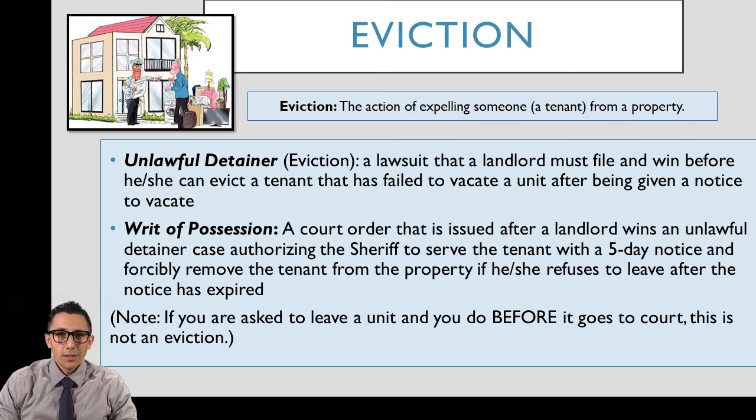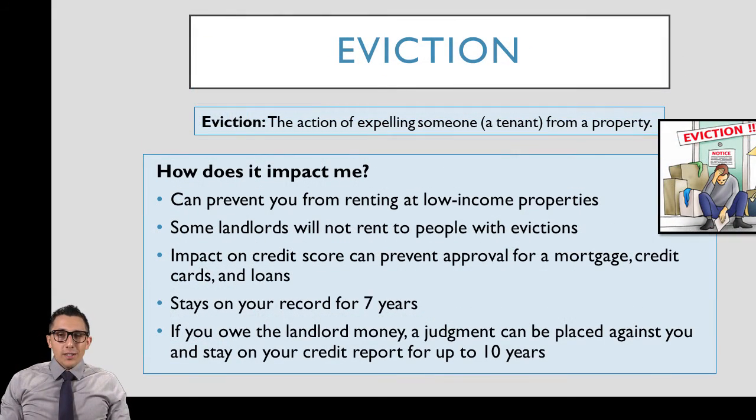If you're asked to leave a unit and you do before it goes to court, then this is not an eviction. How can an eviction affect you? An eviction can prevent you from renting at low-income properties, and some property owners will not rent to people with evictions. Evictions can also affect your credit score and prevent approval for a mortgage, credit cards, and loans. Evictions stay on your record for 7 years. If you owe a property owner money, a judgment can be placed against you and stay on your credit report